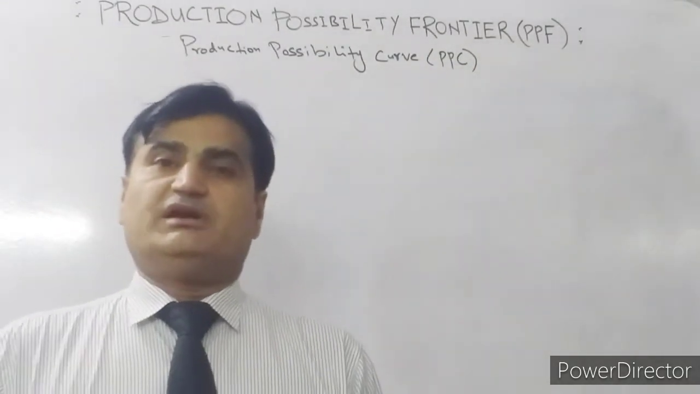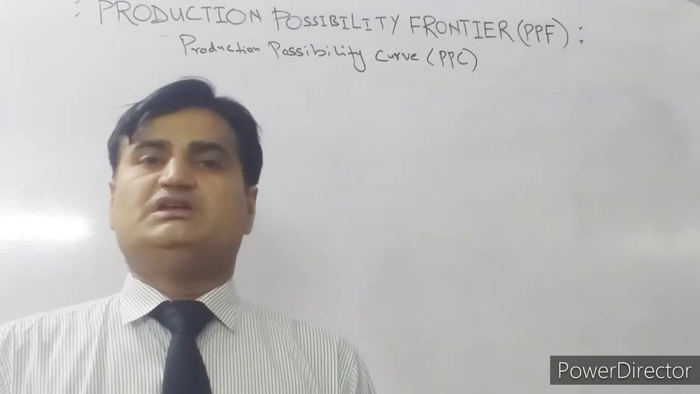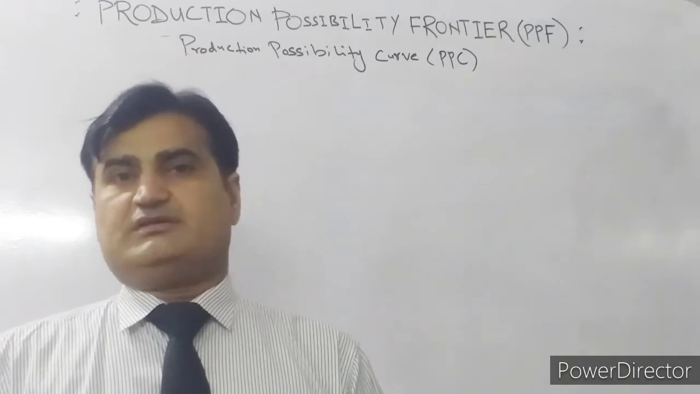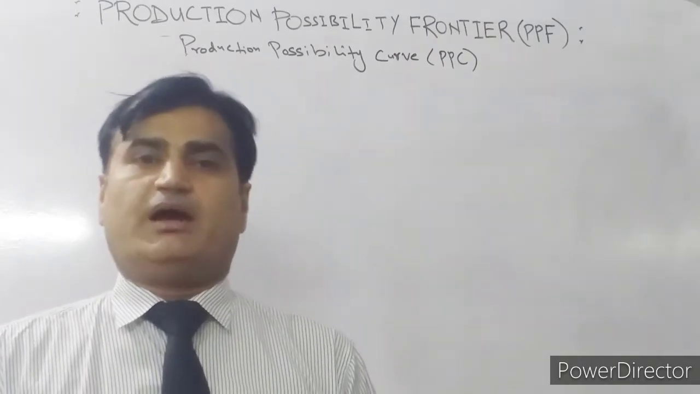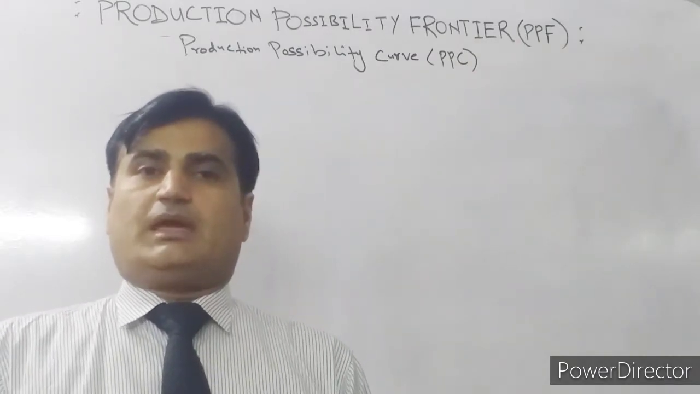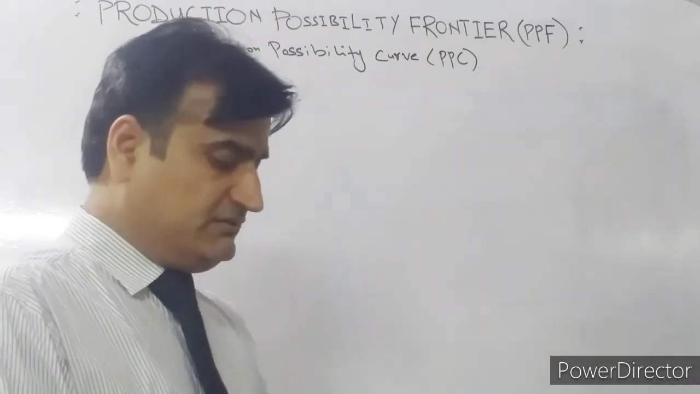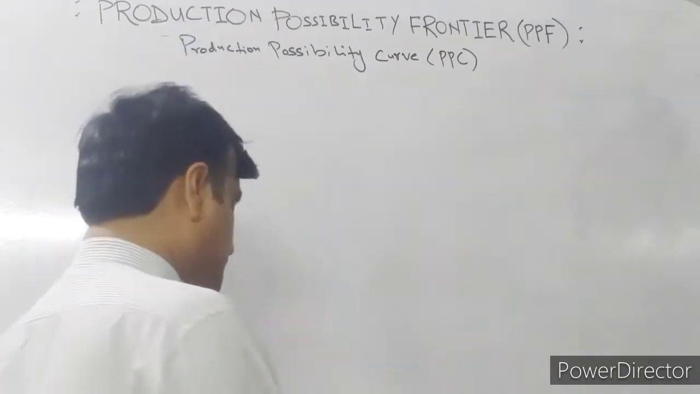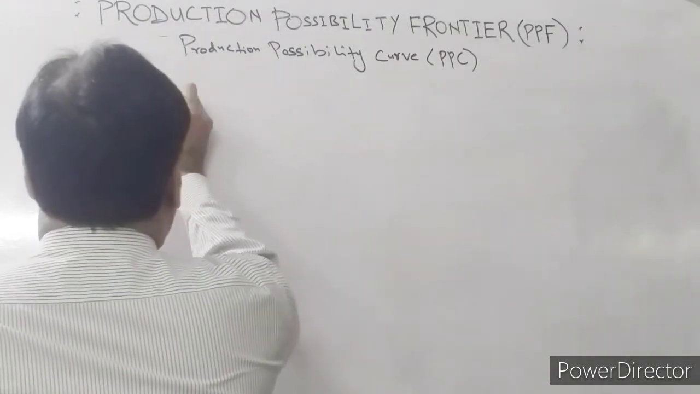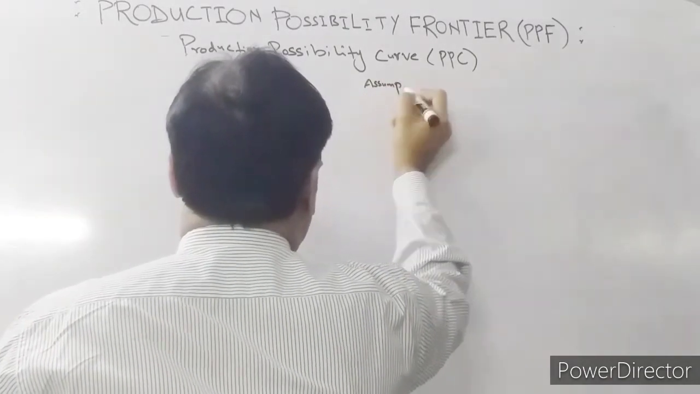Production Possibility Frontier or Production Possibility Curve shows all combinations of goods, consumer goods and capital goods, that an economy could produce by employing all its inputs: labor, capital, resources and technology. So it gives various choices to an economy to produce different combinations of goods. It is an assumption